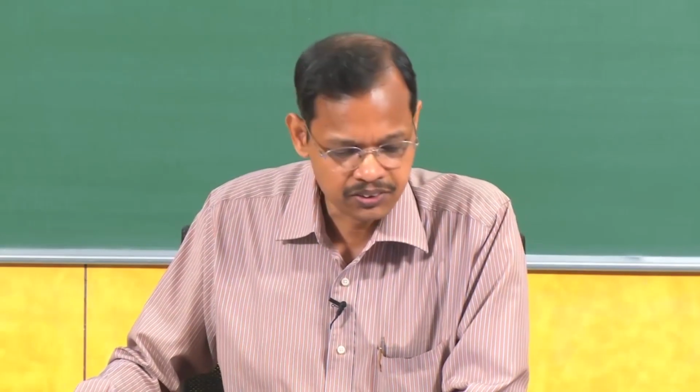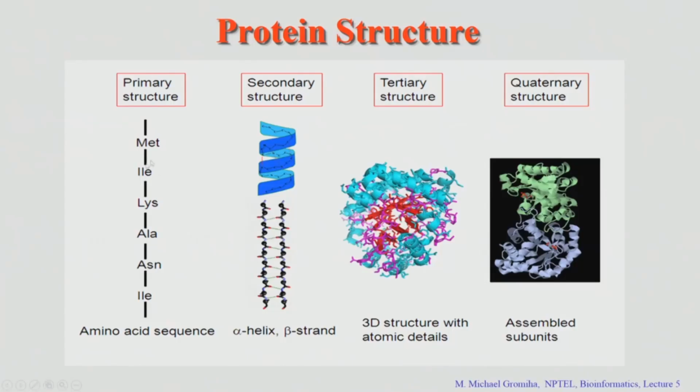So, what is the primary structure? It is the arrangement of different amino acid residues, right. Primary structure gives the sequential order of these amino acid residues, and secondary structure provides the arrangement of these residues in some specific shape. For example, here this is a kind of spiral shape. This is called alpha helix. Here you can see this is a kind of ladder. This is called beta strand,